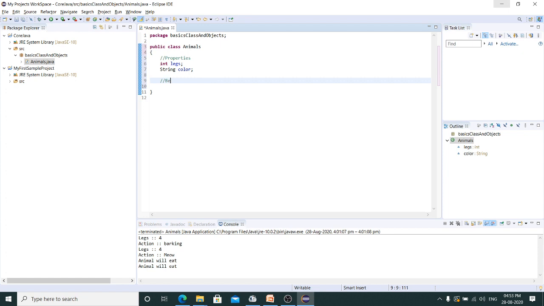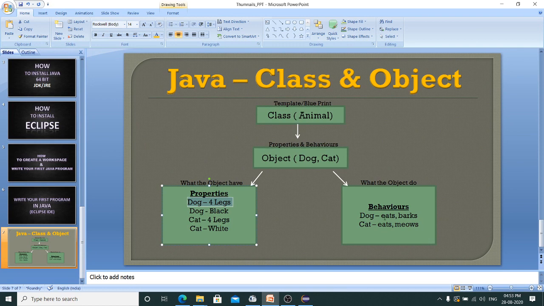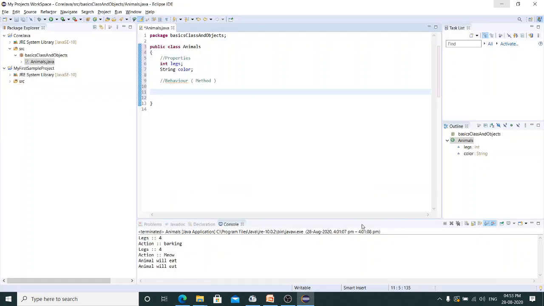Now I'm going to create a behavior. Behavior is also a technical term. It's a method in a programming language. Now how many behaviors do I have here? One is eats, one is sound, maybe barks and meows. Let's take it as a sound. Okay, now I'm going to create two behaviors. So how do I do that?